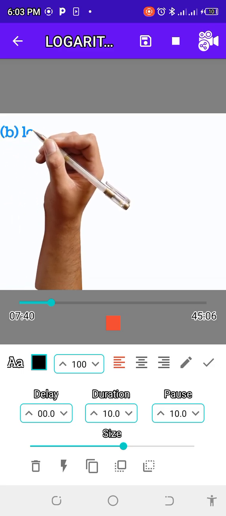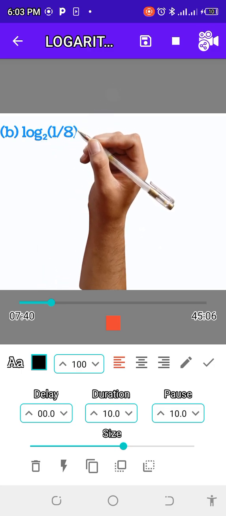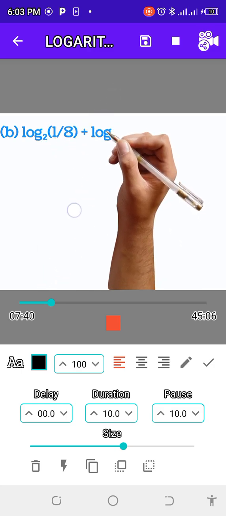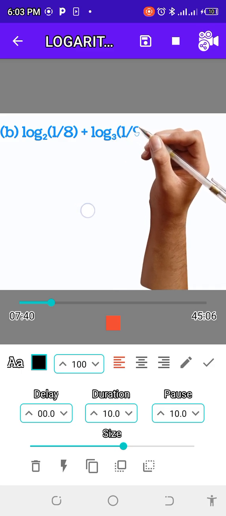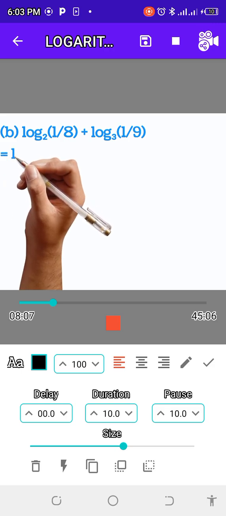We are going to take another example, which is example B: log 1 over 8 plus log 1 over 9, all in base 3. Log 1 over 8 is the same thing as log 1 minus log 8, and log 1 over 9 is the same thing as log 1 minus log 9. That is to say, log 1 minus log 8